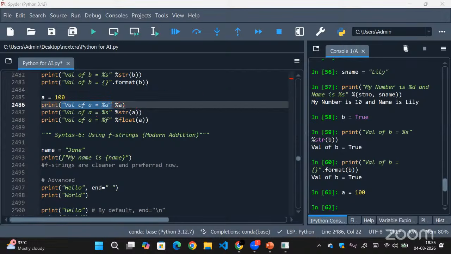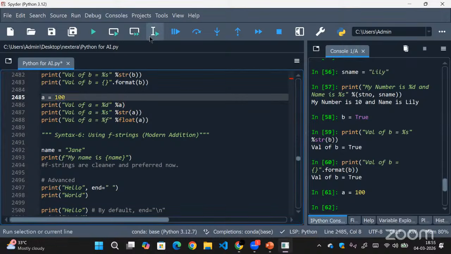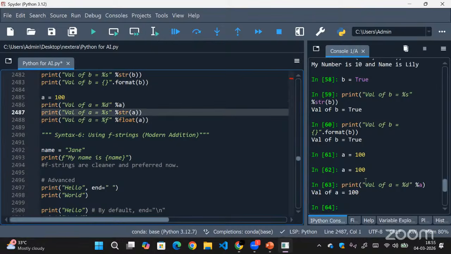So here my output would be, first I'll run a and then I'll run this. So I'll get value of a equals to 100. So now what's happening is I'm printing this integer value using a